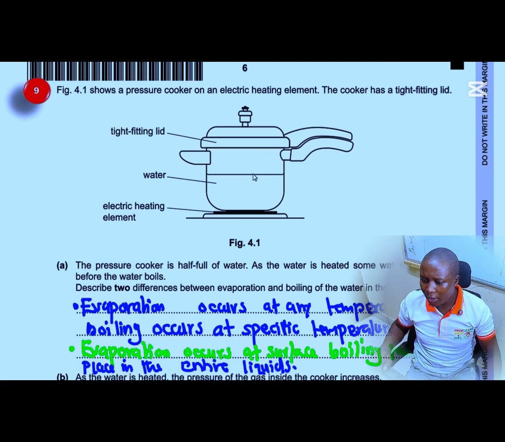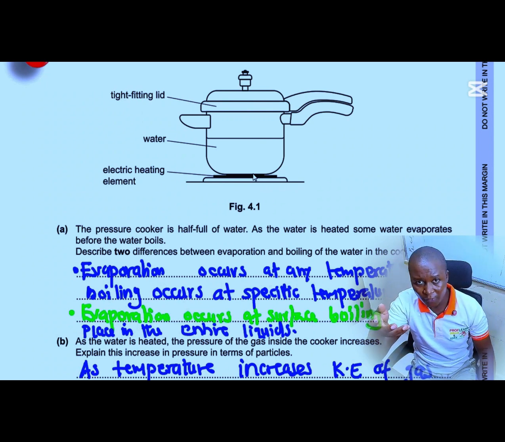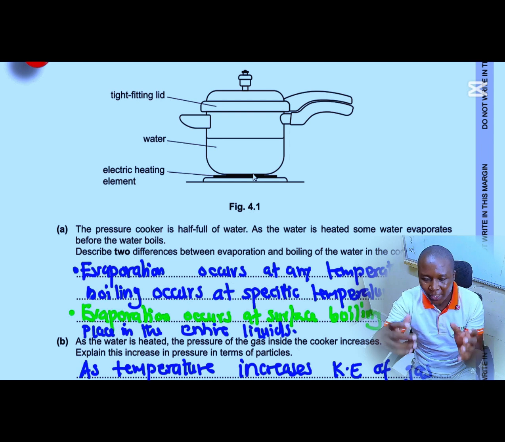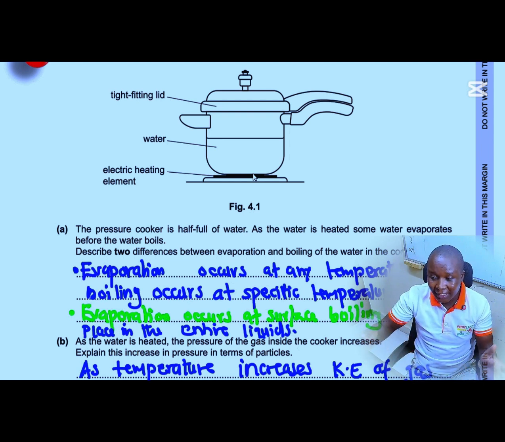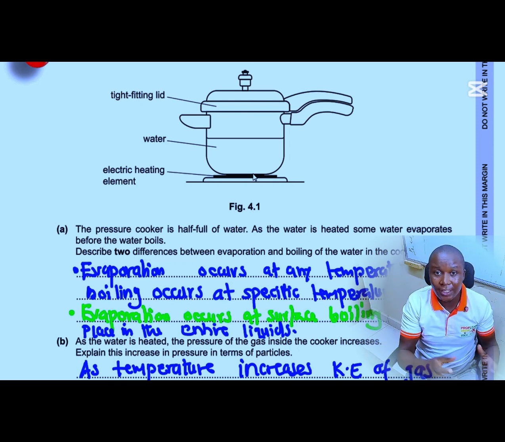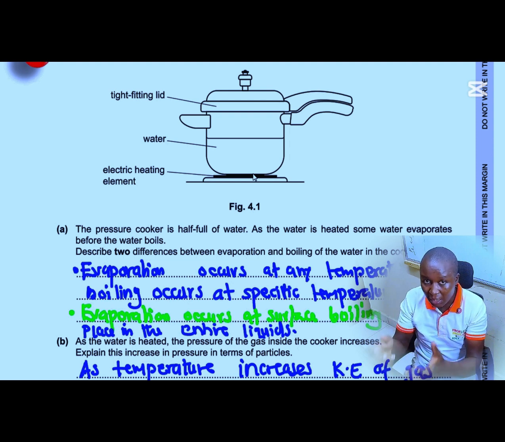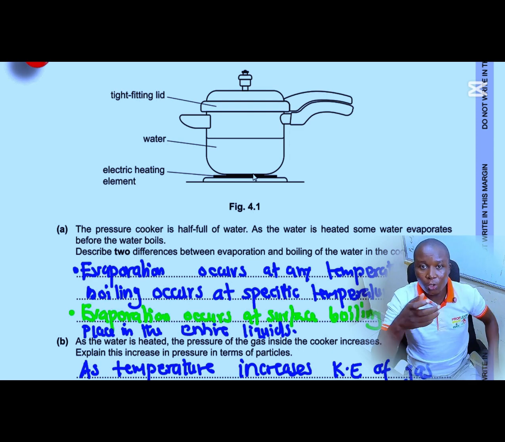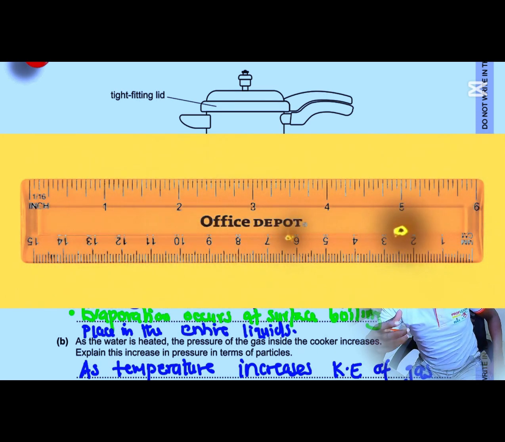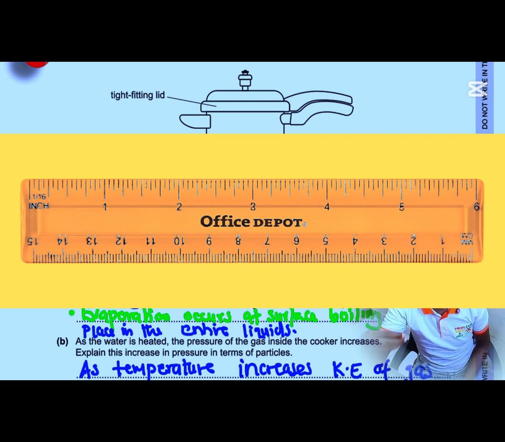So another concept you need to understand is the concept of evaporation. How does evaporation cause cooling? And remember, evaporation takes place on the surface, while boiling takes place in the entire liquid. Evaporation takes place at any given temperature. Boiling takes place at a specific temperature. So you need to understand the differences, and also you need to know how evaporation causes cooling,